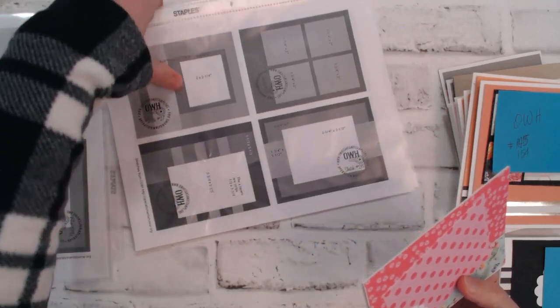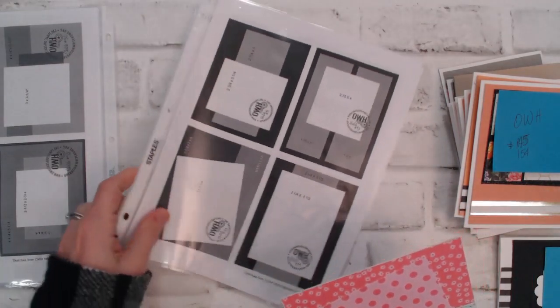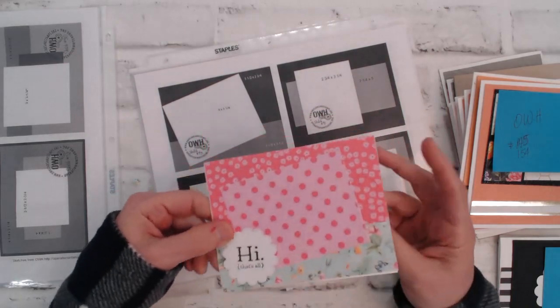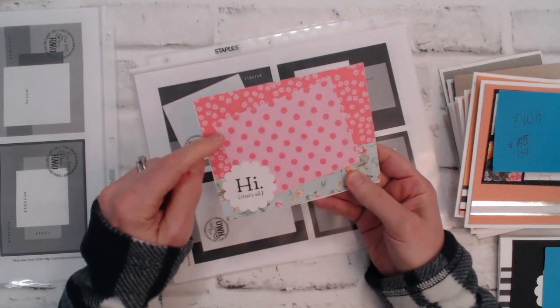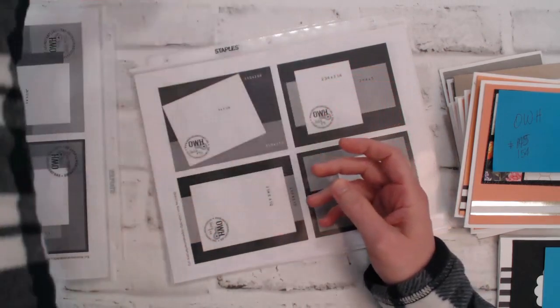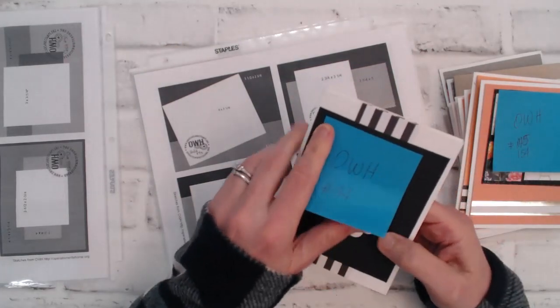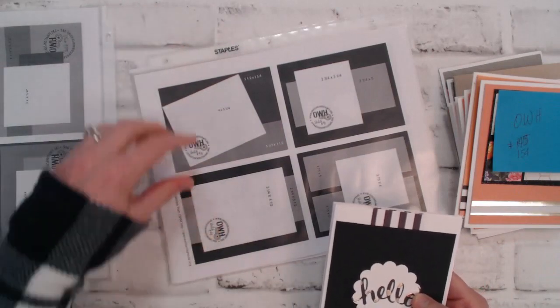So this is sketch number 43, and that is the top left. And again, I had a lot of those 3x4 size papers, and I was really trying to use those up, and this was definitely one of those sketches that I could use that for. And then here I'm moving on to sketch number 44,